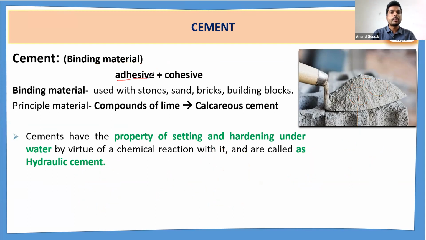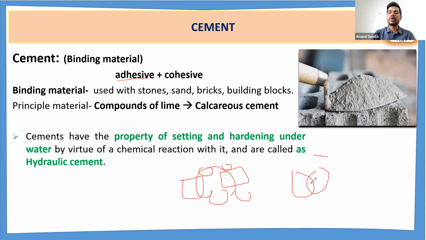Coming to the adhesive property, now these are the two aggregate particles, and I am adding cement powder also. Without mortar, they cannot bind with each other, right? While mixing concrete material, you may have observed that first they pour aggregates, then fine aggregate, and then cement powder. After that they add water. Before adding water, if you mix all these materials, will they bind with each other? No, right? They cannot bind.